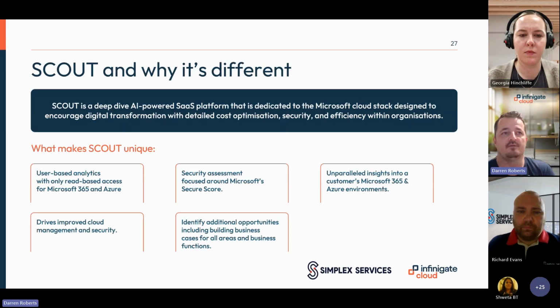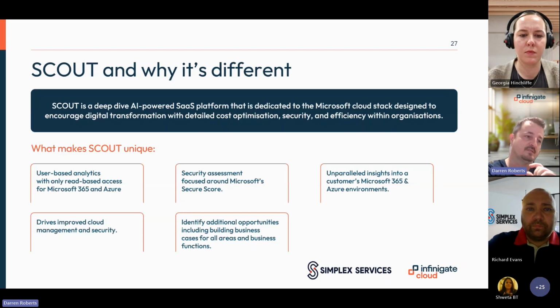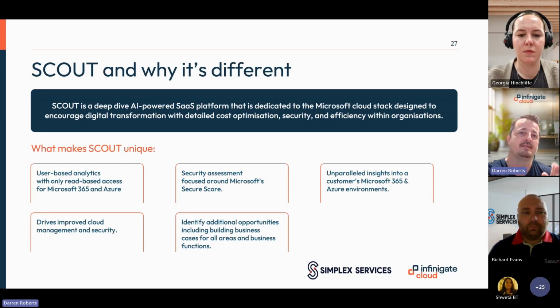So managed service providers or resellers or whatever you want to call them, historically, they would need to spend days or weeks finding the issues within the native Microsoft dashboards or in the actual customer's tenant. And by the time they found it and then presented it back to the customer with the remediation work required, it's normally out of date and it's not a great use of everyone's time or money. So the whole purpose, and the reason why Scout exists, is that it gets the data into Simplex's hand immediately. So they've got the insights, they're talking to you on day one about what needs to be fixed, rather